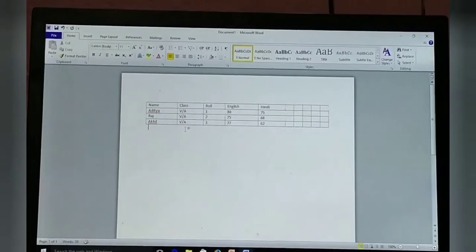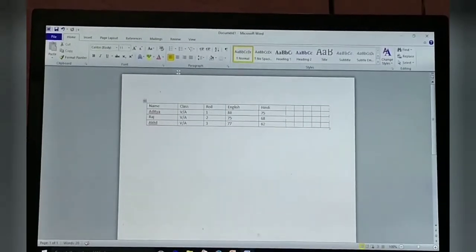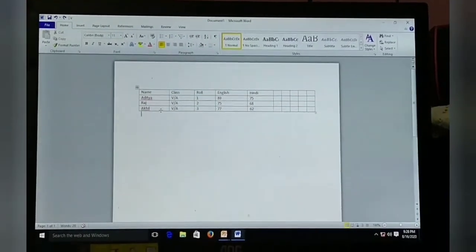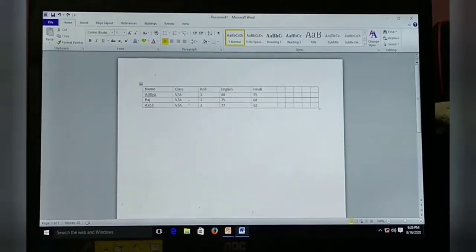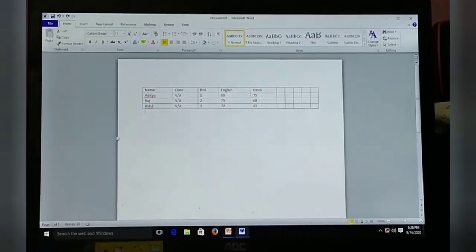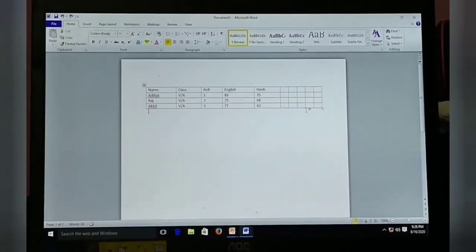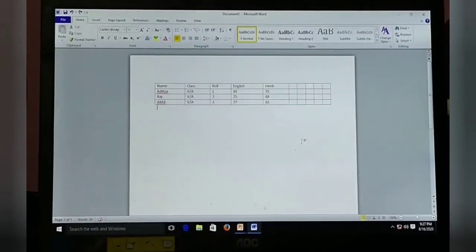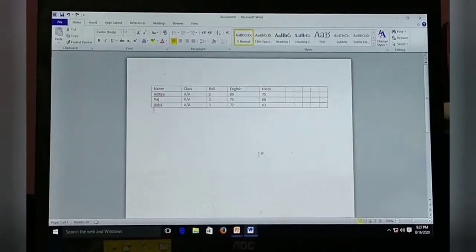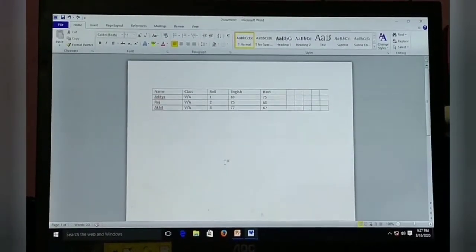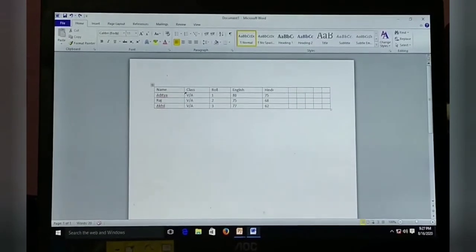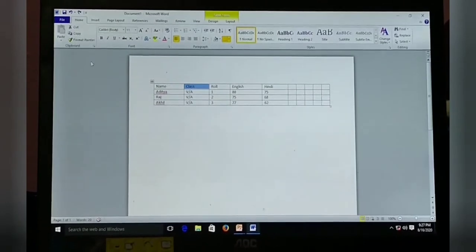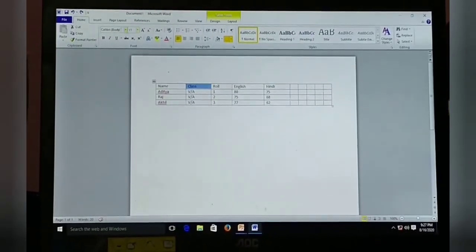Now our next topic is inserting columns and rows in a table. Suppose you have forgotten to enter another cell or another row or column in it, and you have to enter a next cell or row or column in the same table. What will we do? We have to delete it, right? But there is an option, we don't need to delete it. First we will select it, means the row or column in which we want to enter it, and then we will go to the